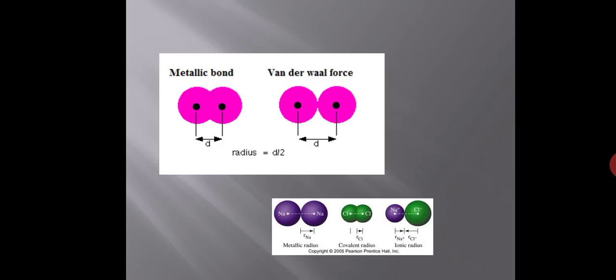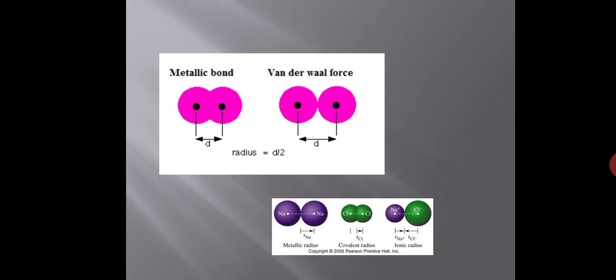So you understood between covalent, Van der Waals, and metallic radius. Now Van der Waals radius is always greater than that of the covalent radius. One more reason I will give you. In case of Van der Waals, the force of attraction is weak. Therefore, the internuclear distance in case of atoms held by Van der Waals forces is much larger, because the force is weak. If the force is stronger, they will come closer. Compared to a covalent bond, the force is weak in case of Van der Waals forces.